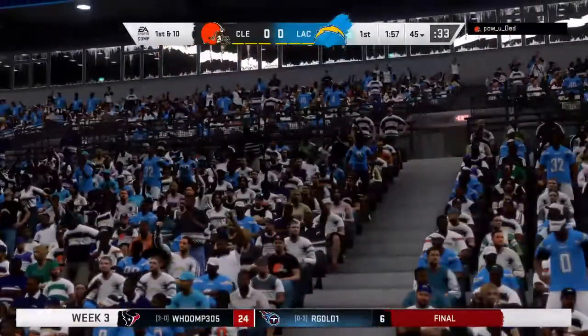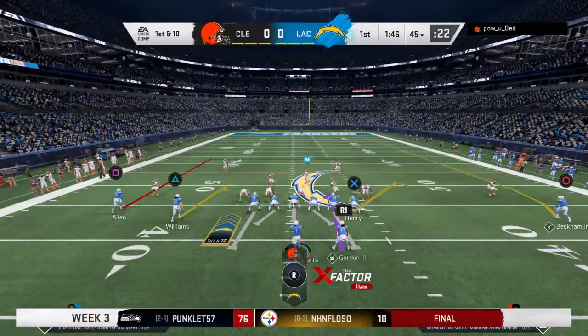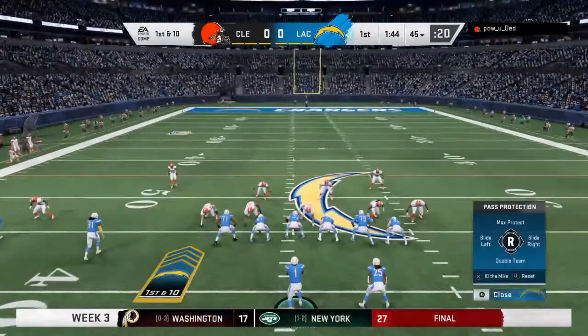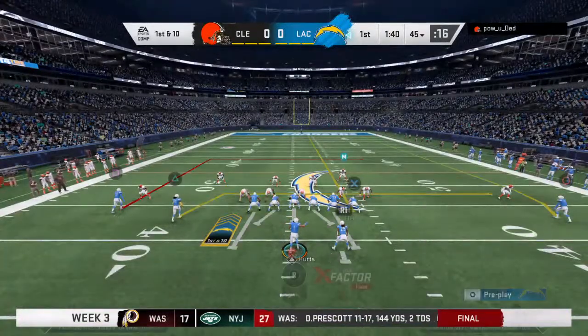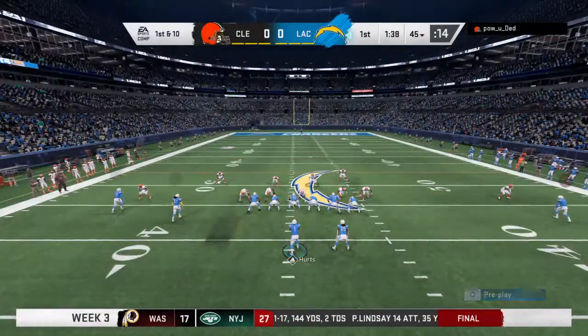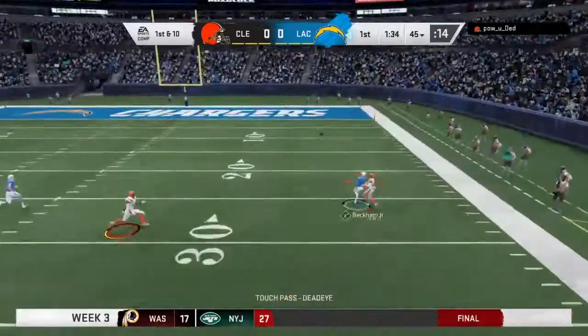I don't know what happened last week to really hurt their performance and hold down their production, but I would dare say that this week in practice, there's a lot of talk about how they're going to increase their proficiency. And that was a good start getting the playmakers involved. You mentioned that to me pregame. That's what they did there. Yeah, I think a lot of people think the coaching staff...